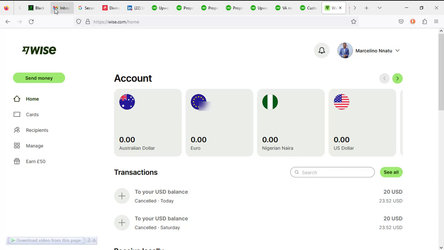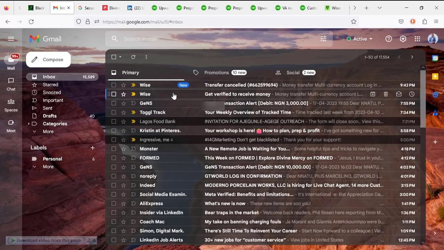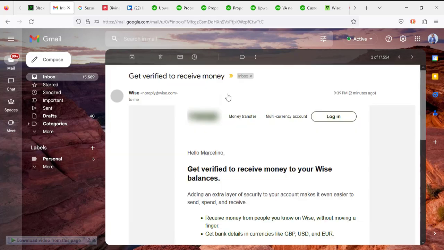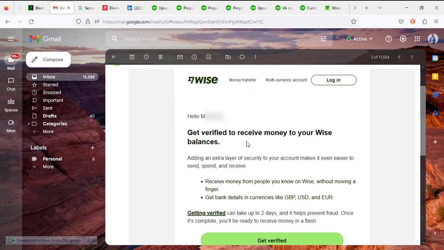waiting there. So I'll click on my inbox, and seated just at the second position of my mail, you can see the first mail here is the transfer I just cancelled. Now the second mail is about the money I received. So now I am told to get verified to receive this money. So I will click on that mail to open it up, and then here is the mail telling me to